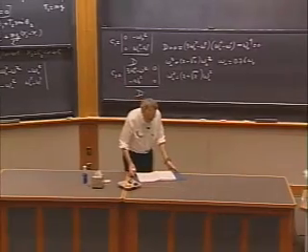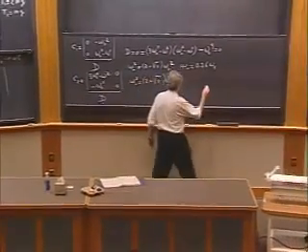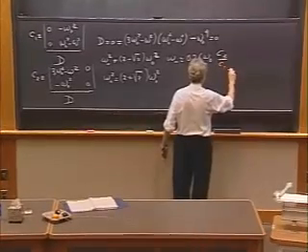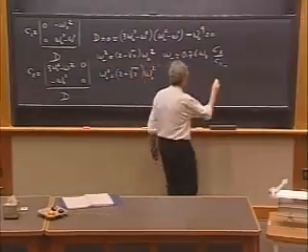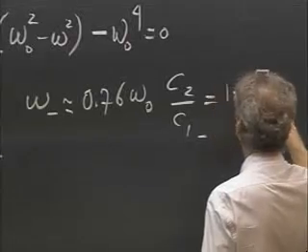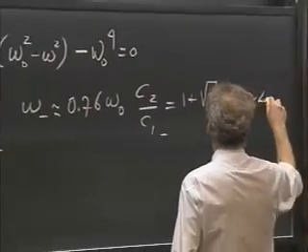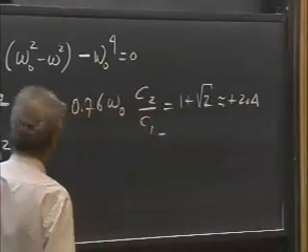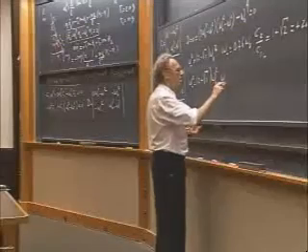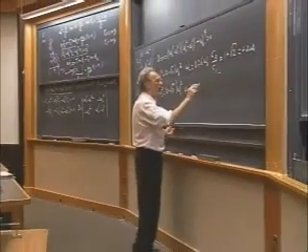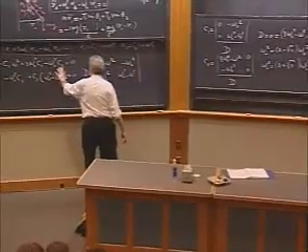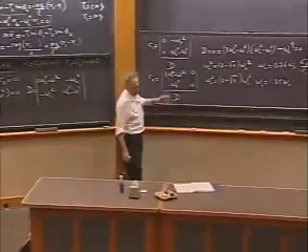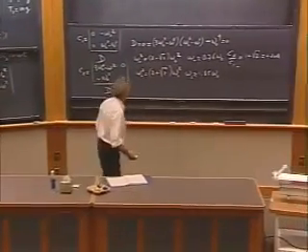You get 0 divided by 0, which is not going to be 0. And you're going to find then that C2 divided by C1, in that minus mode, in that lowest possible mode, is 1 plus the square root of 2, which is approximately plus 2.4. And the omega plus solution gives you a frequency which is about 0.85 omega 0. That solution you can put back into this one, or you put it back into this if you want to, and you will find now that C2 over C1